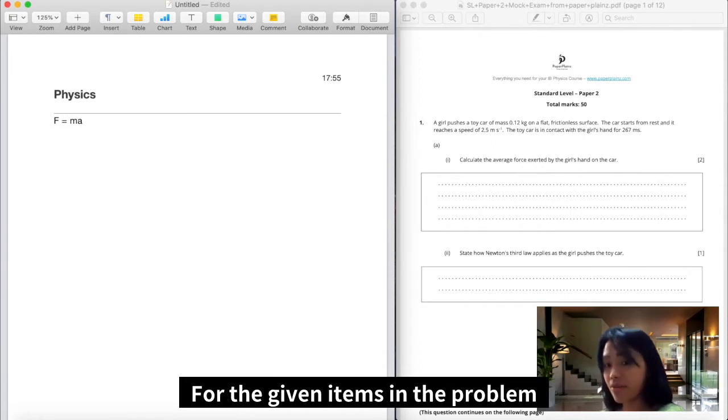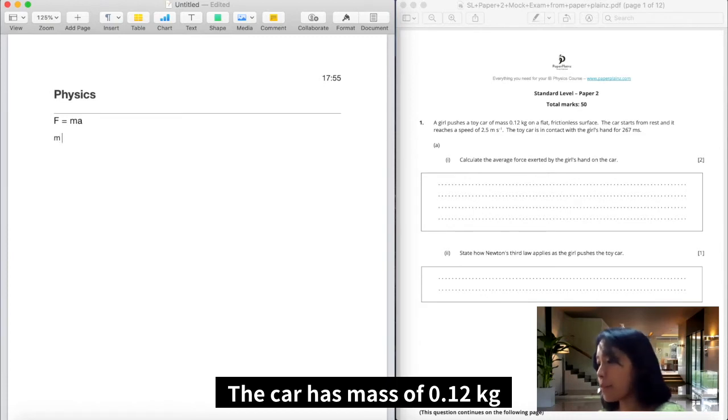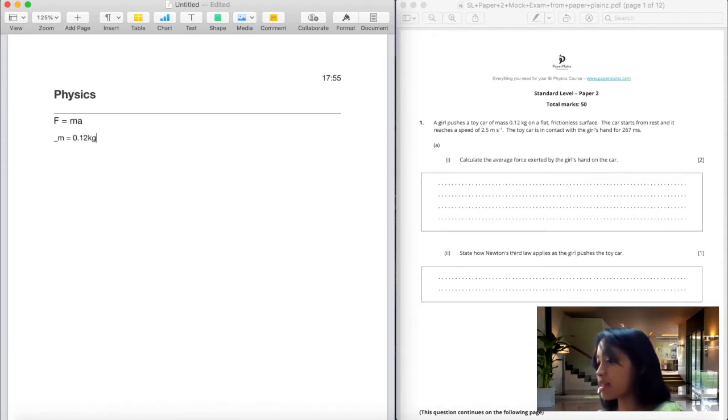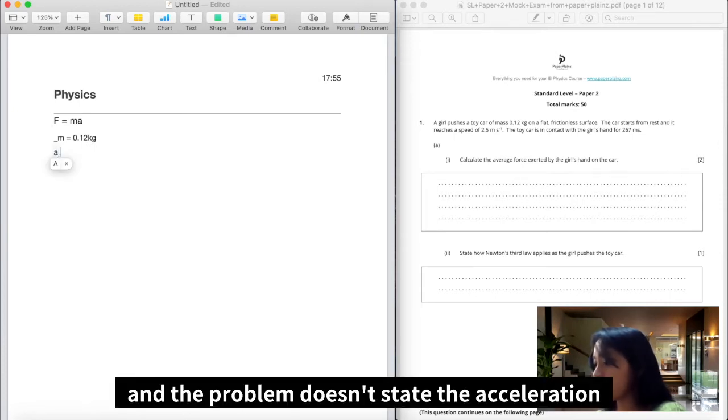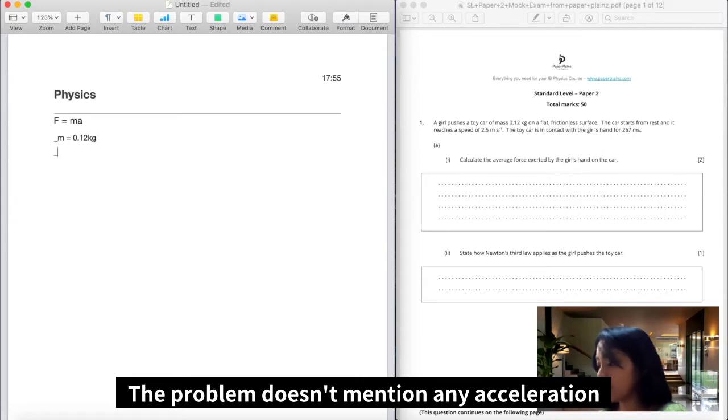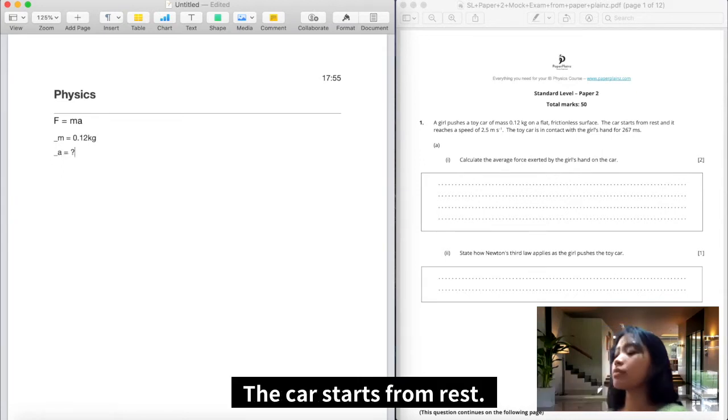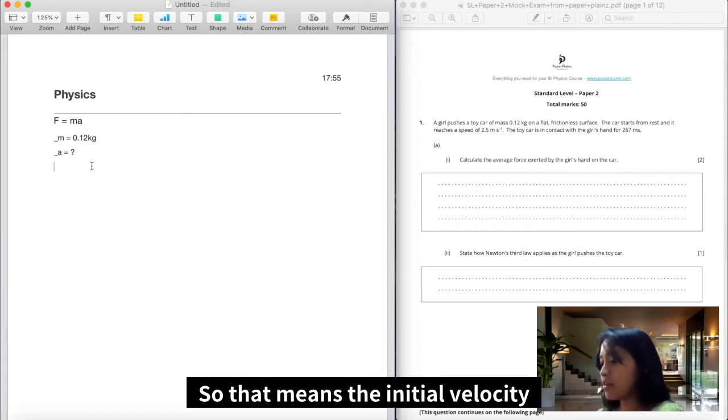Let's check the problem for the given items. So in the problem, it states that the toy car has a mass of 0.12 kilograms, and the problem doesn't mention any acceleration, so I'll put a question mark there. But in the problem, other givens are, let's read, the car starts from rest. So that means the initial velocity, so that's v initial,